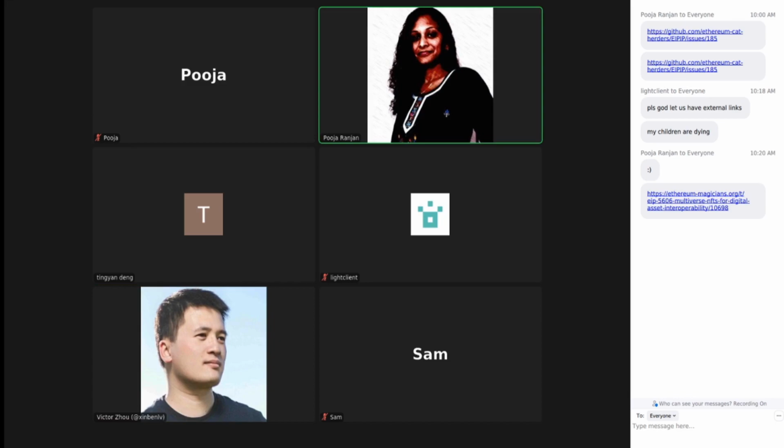I have just shared a link here. It's coming from a different proposal. I like the idea of what they have done with their proposal. That's why I'm sharing it here. It's the concept of external links, obviously. I'm not sure why we are trying to add external links in the EIP itself. In this EIP 5606, they have an explanatory blog explaining what they are trying to do. And I'm hoping that they would come up with some other demos and implementations of them. But that may not necessarily be living in the Ethereum repository.